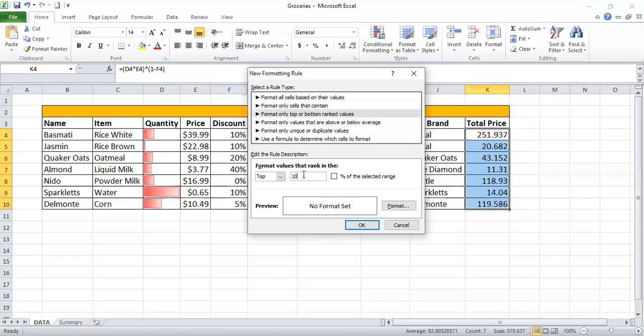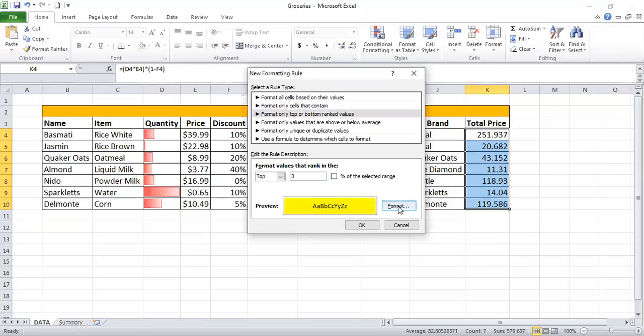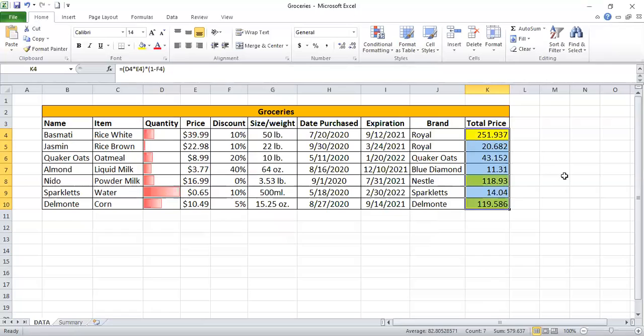For now it's top 10 here. I can do 3 maybe. Then you can put the color that you want. I want this one, whatever, yellow. Okay, there you go. This is the top 3 prices.